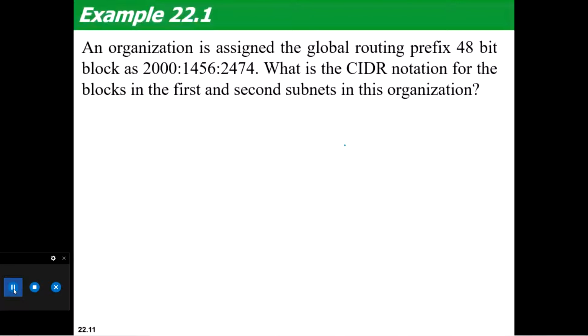There is one specific block address you have been given, and that begins with, you can see, 2000, and this is nothing but a global unicast address. इसको मैं ग्लोबल यूनिकास्ट एड्रेस बोलूंगा. क्यों? क्योंकि that is this prefix 2000. So that is the global unicast address. Remember that you have to remember all these certain things. So this is the global unicast address, and now we are proceeding. So this is exactly what is happening.